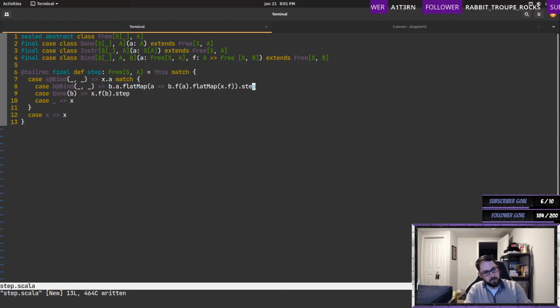So what does this mean? This means like this A, it goes here, right? Maybe this isn't valid, but it's essentially like A,